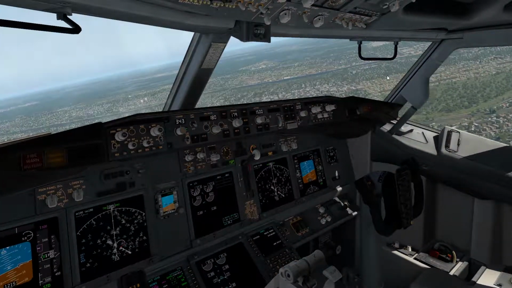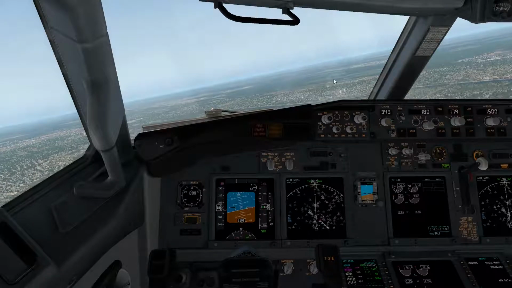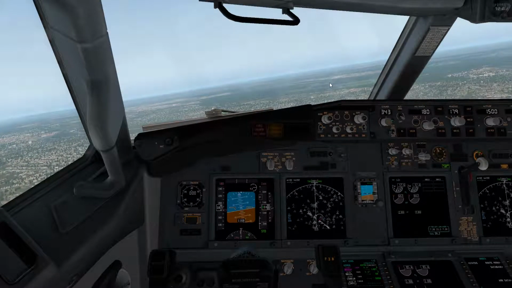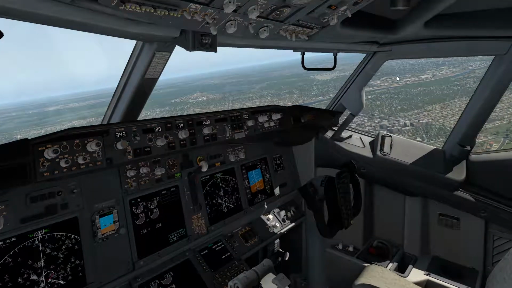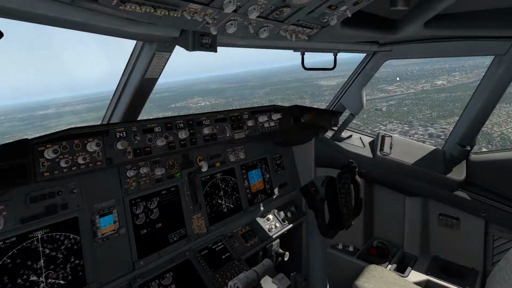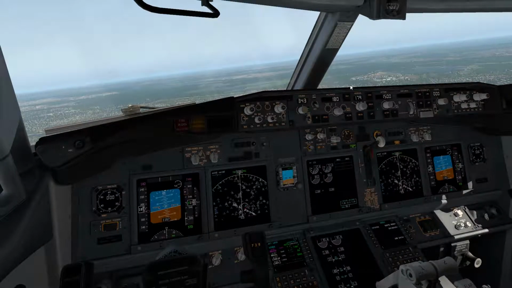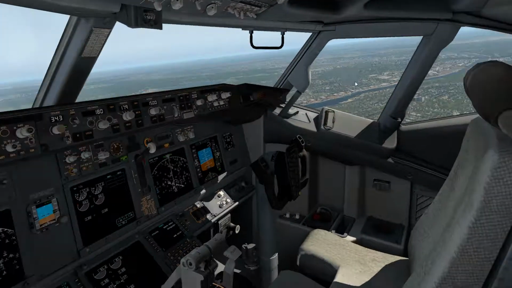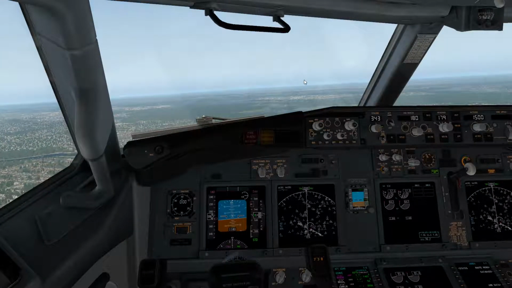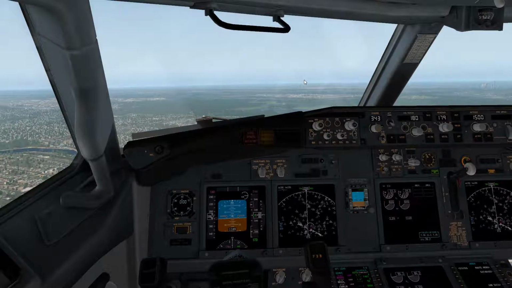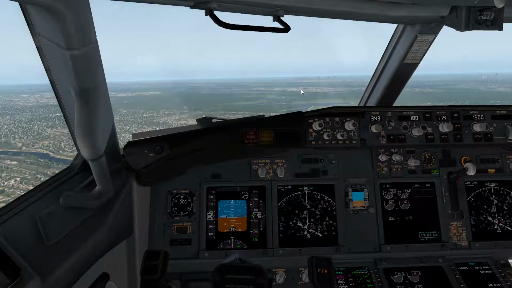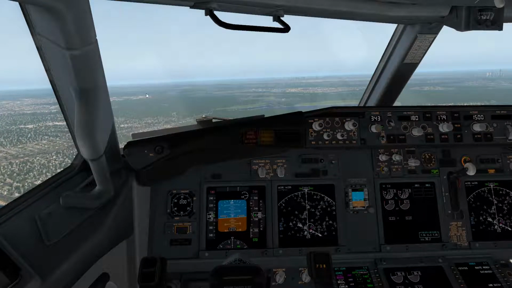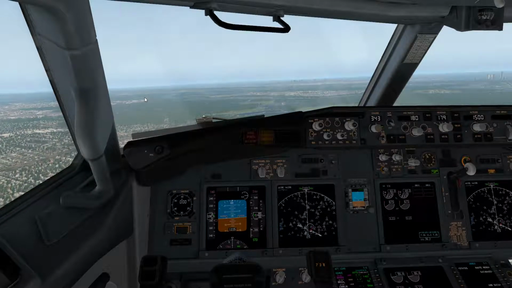All right, so it's off here on the right. We can't see it now because we're making a turn. But this is about how it should be on the approach, about 1500 up. Oh, I'm a little lower than 1500, but the speed there is what's important. All right, so that's the airport right there. Let's increase just a tad so we're not falling out of the sky. And then right over this pond looking thing, or golf course it may be, I'm going to be making a right turn,